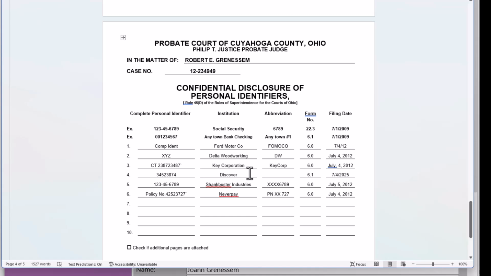This one's X'd out. And that one looks like it's X'd out, but... Yeah, they want the complete one in the first column, and what we used as the abbreviation. Okay, you know what, I should have put XXXX3874 here. Well, you said I have no idea what that abbreviation